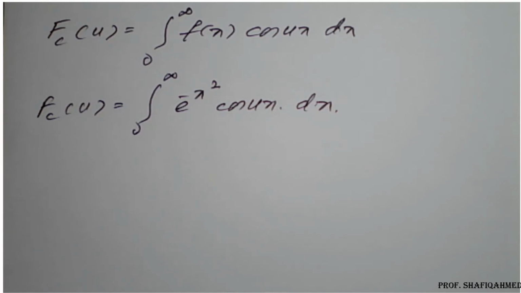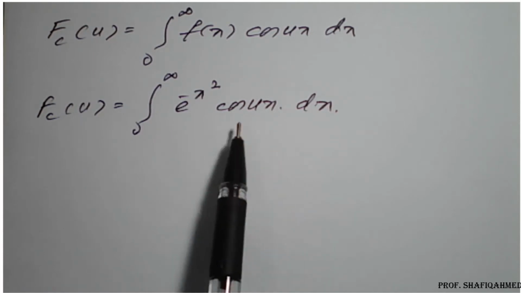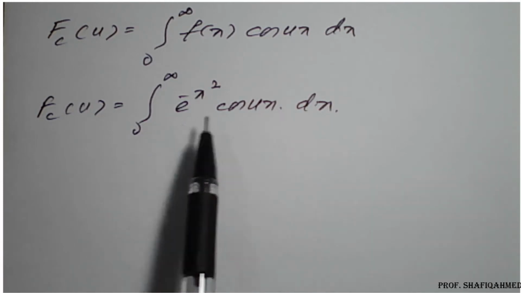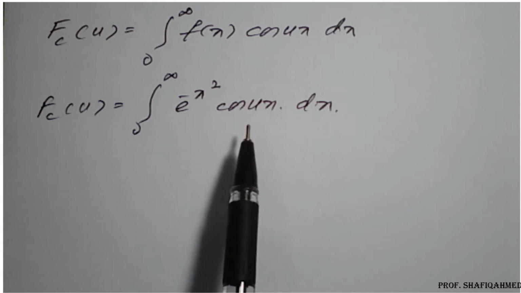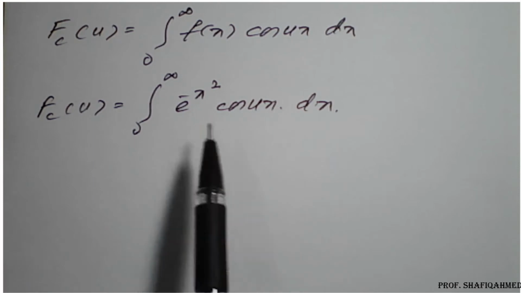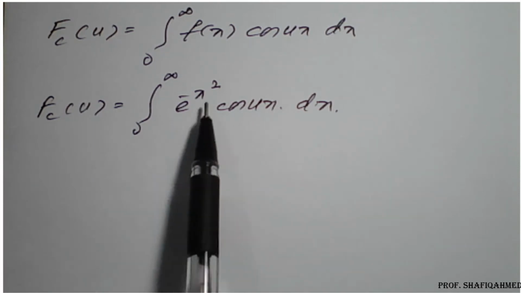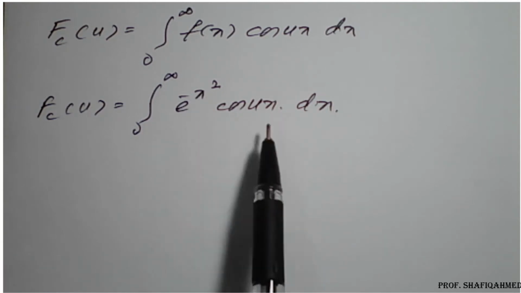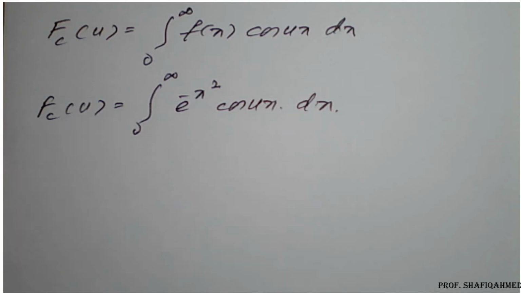We cannot stop at a particular differentiation, and if you consider cos of ux for differentiation, then we cannot apply the u into v formula for this given function, because at a certain differentiation it is not going to become 0 if you consider u as e raised to minus x square or u as cos of ux. In such cases, this integral is to be evaluated by using Leibniz rule for differentiation under the integral sign.